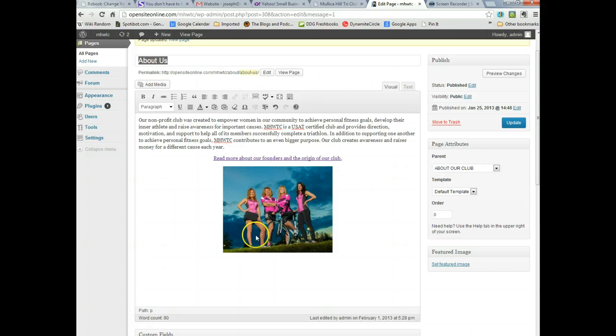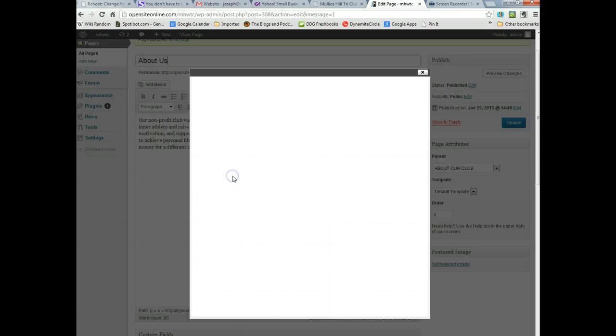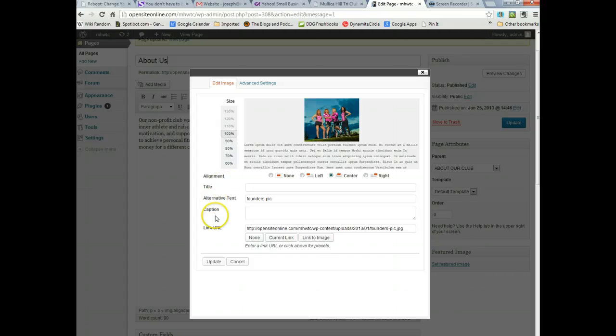If you wanted to link a photo to an external source or an external website, you would click on it and you would click on, again, the landscape photo icon here, and you would put a link in here, a website address, wherever you want that picture to go. So if you wanted to go to